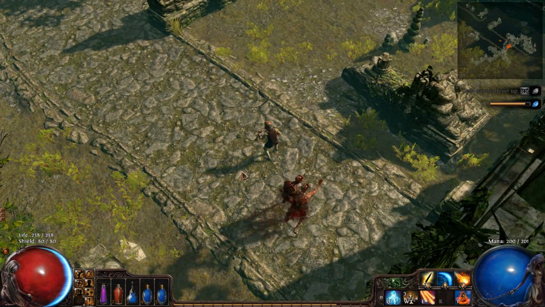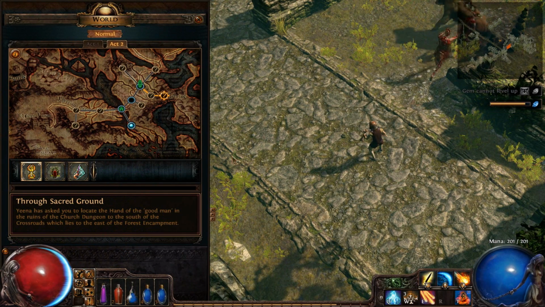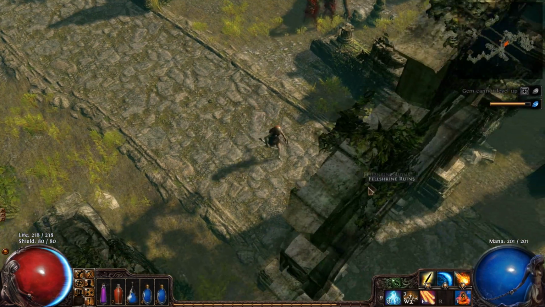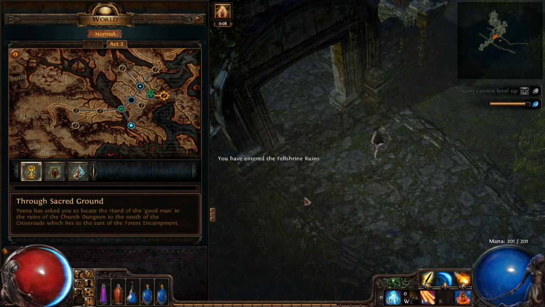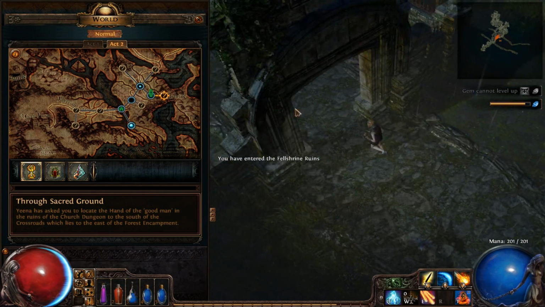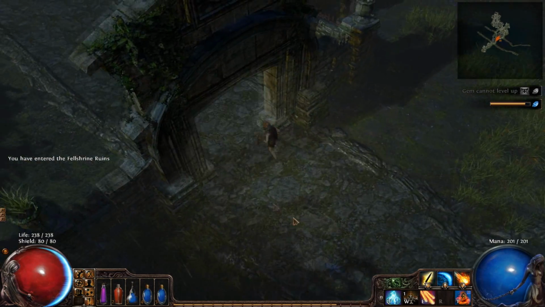Shrine ruins, so where... Oh wow, there's actually 3 exits out of here. Okay, and we are on the path to get this here. Okay. I want to find the...